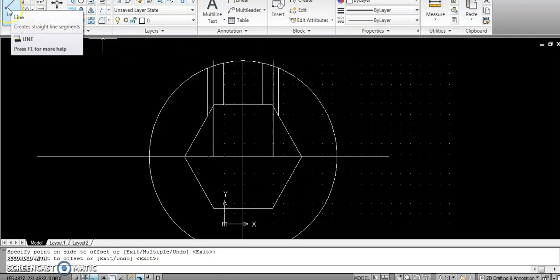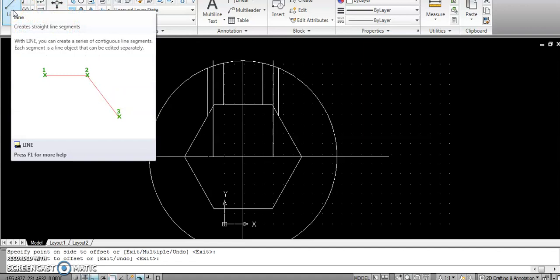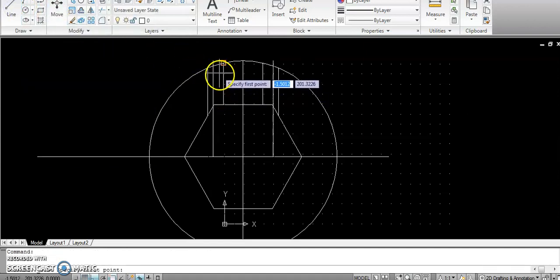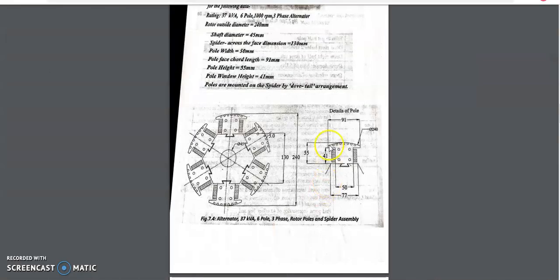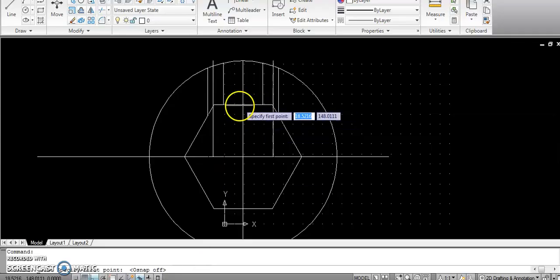No problem with that. Next, is there any height of the windings given? No, only the pole face height they have given, 41. That also you can do. So go to offset, and offset this line.